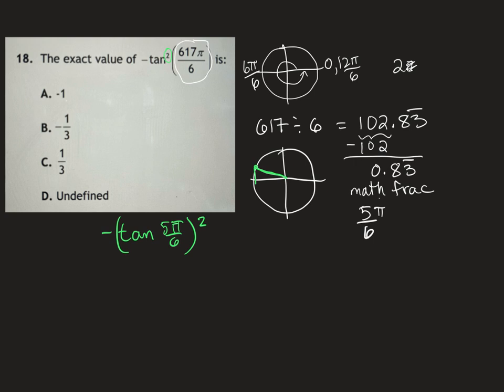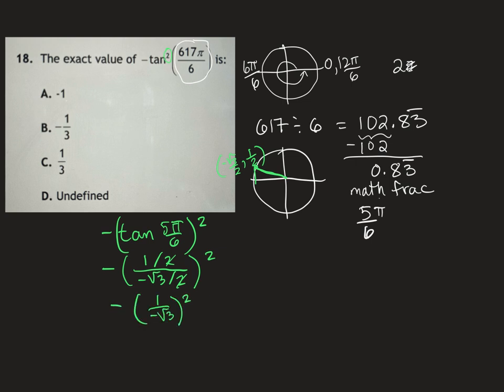Okay, so at 5 pi over 6, our coordinates would be x is big and negative, so negative root 3 over 2, comma 1/2, because y is little and positive. Now tan is equal to y over x, so we would have y, which is 1/2, divided by x, which is negative root 3 over 2 at that location. All right, so when we divide those, the 2's will cancel, and we'll be left with 1 over negative root 3,